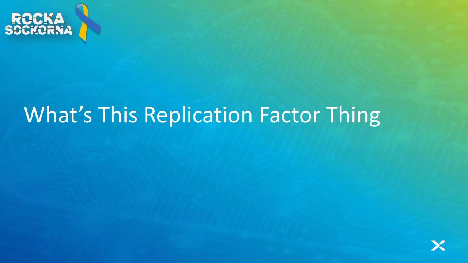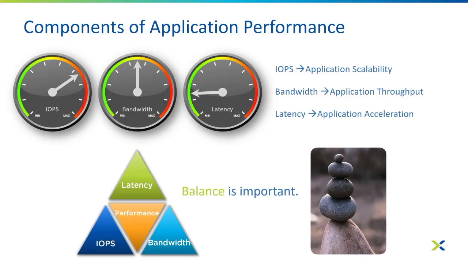So one thing I'll always talk about is the replication factor. The replication factor is part of the fundamental technology, the fundamental differences between a Nutanix solution and other technologies. And essentially what the replication factor does is it ensures that your data is protected and replicated for protection in